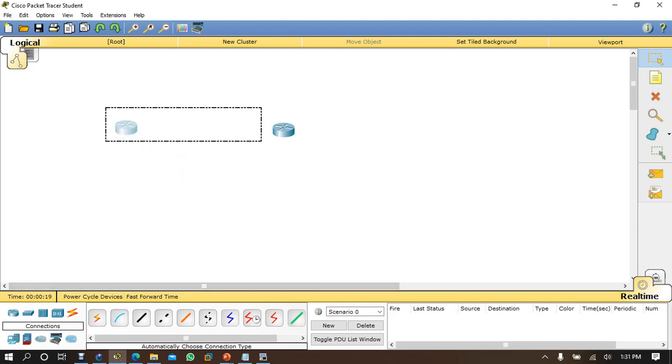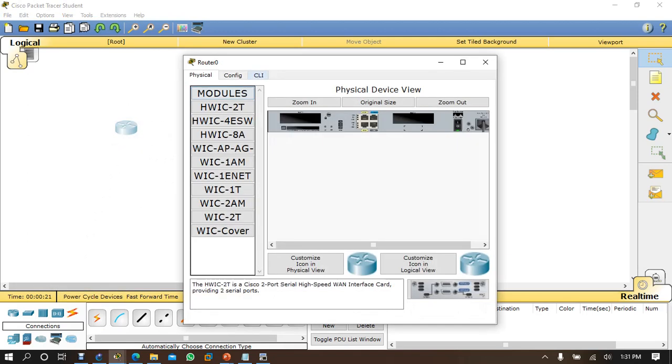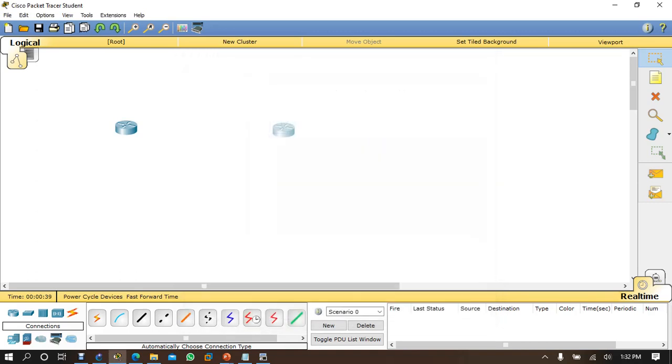Take both routers, turn off this router, because you do not have a serial port. Take a serial port, connect it here, and turn it on. Now come to this router, turn it off, take a serial port, and then turn it on, and then take the cable.